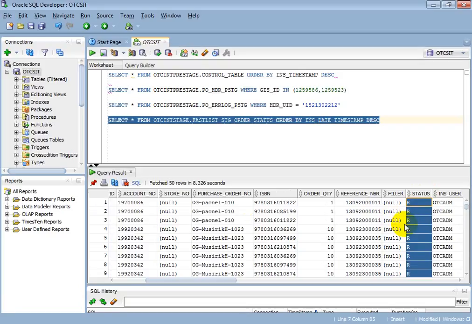So there is one inbound business process for this and one outbound confirmation job in the Sterling application. You have to run that in the Sterling application. After completion of this order status job in OTC SIT, we have just run one job, then we get the acknowledgement. Then again we have to run one more business process. There are two kinds of business process, one inbound and one outbound.